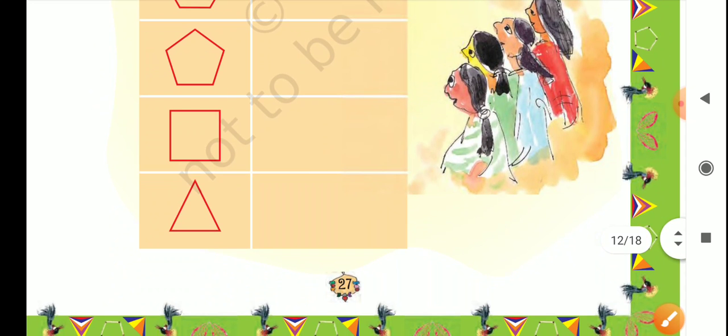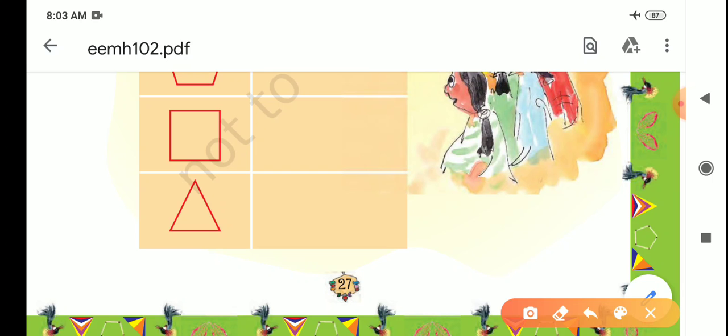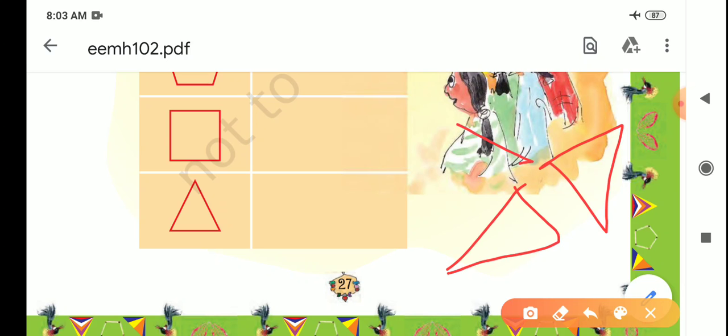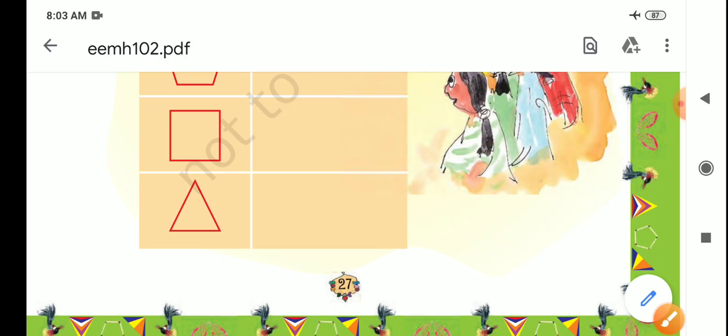But now at last and least, a triangle is given. But when we push down this triangle, there will be no change in the figure, because if you push it with the tip of your finger like this, or like this, the figure will not change. The figure will not change. What will remain? The triangle will remain. There will be no change in the angle. So that's why here the answer will be no.